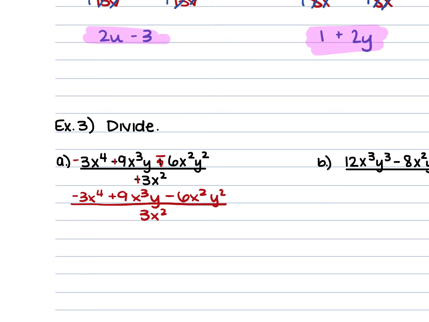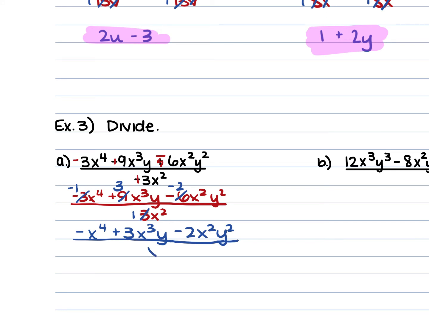Find your greatest common factor between the 3, 9, 6, and 3. It is 3, so divide each of those terms by 3. The 3 in the bottom becomes a 1. The negative 3 up top becomes a negative 1. The 9 becomes 3. The negative 6 becomes negative 2. So now we have negative x to the 4th power plus 3x cubed y minus 2x squared y squared